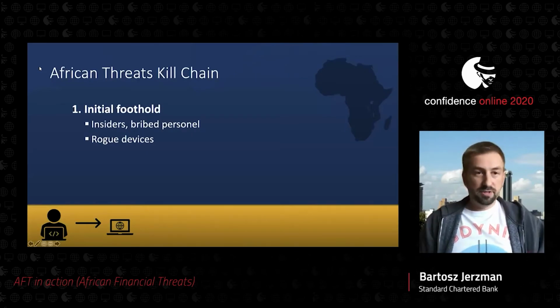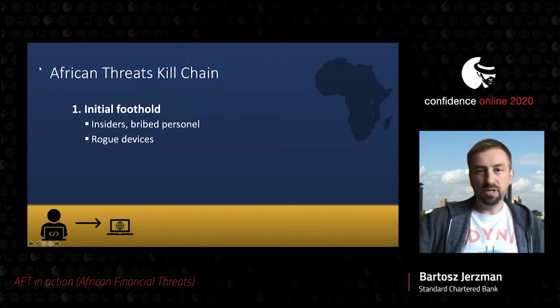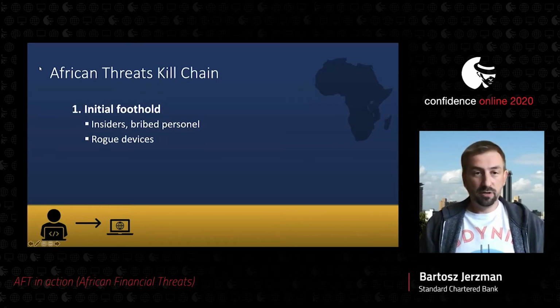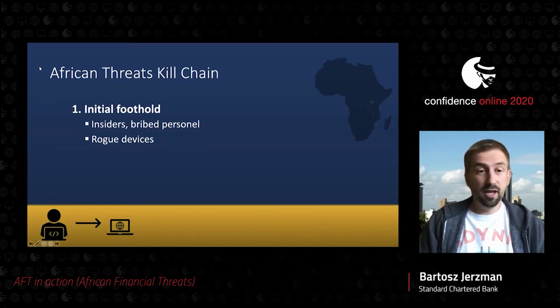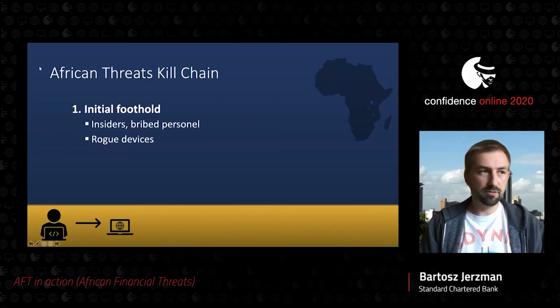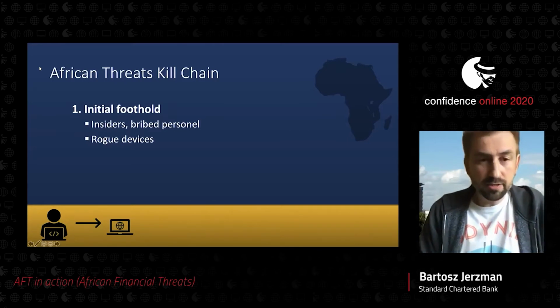So let's try to understand the African kill chain. What is so unique about this kill chain? We need to understand that they use a lot of insiders. And usually the initial access to the victim organization is done via a rogue device. So the insider, for example, a bribed employee or disgruntled employee, is trained and instructed to take a special laptop and attach it to the network of the victim. And usually this is how most of the intrusions